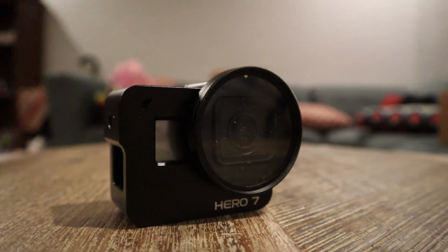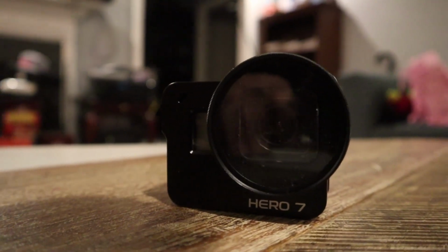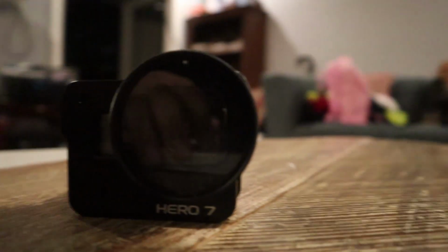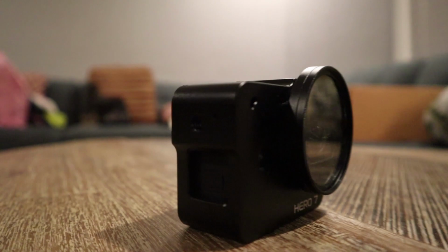As far as our action cameras, we have a couple of options. I will be taking the Hero 7 Black. Again, this is just an awesome camera with the HyperSmooth software in there. It's pretty much a built-in gimbal in the camera. It's really great. I don't use GoPros much, but if I do, I will be using it